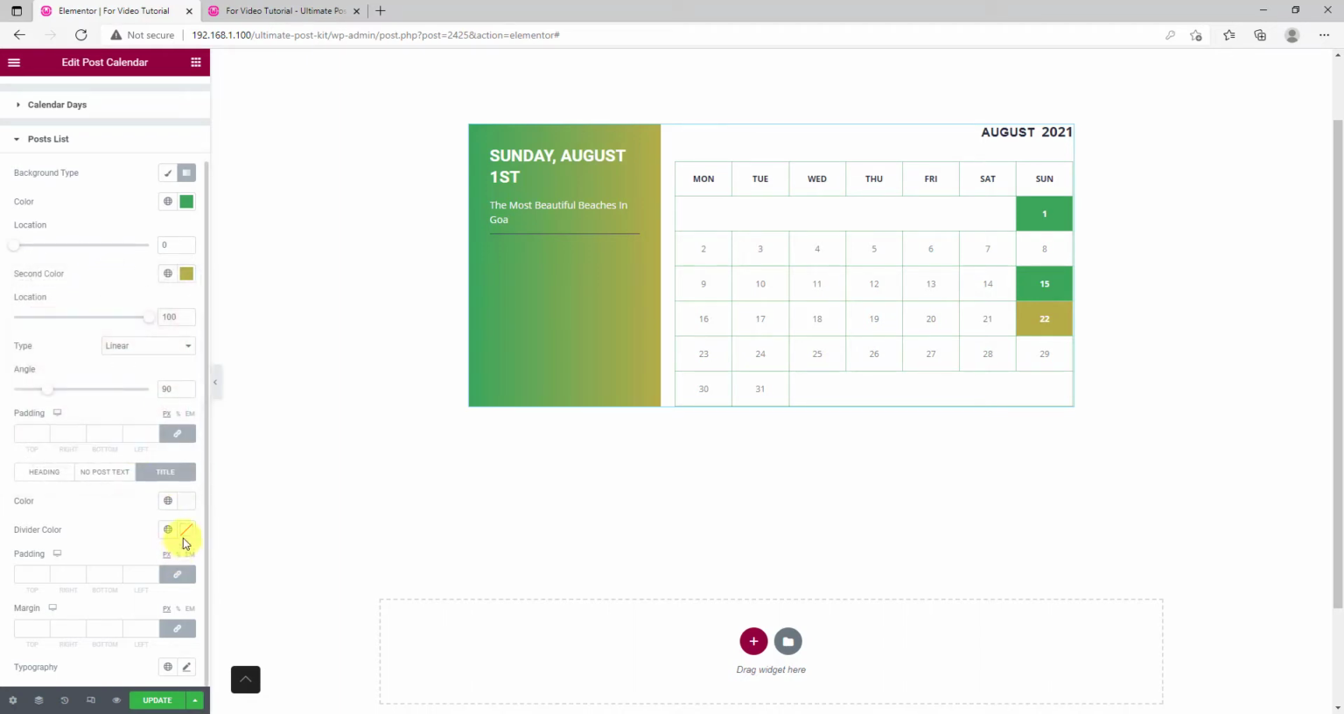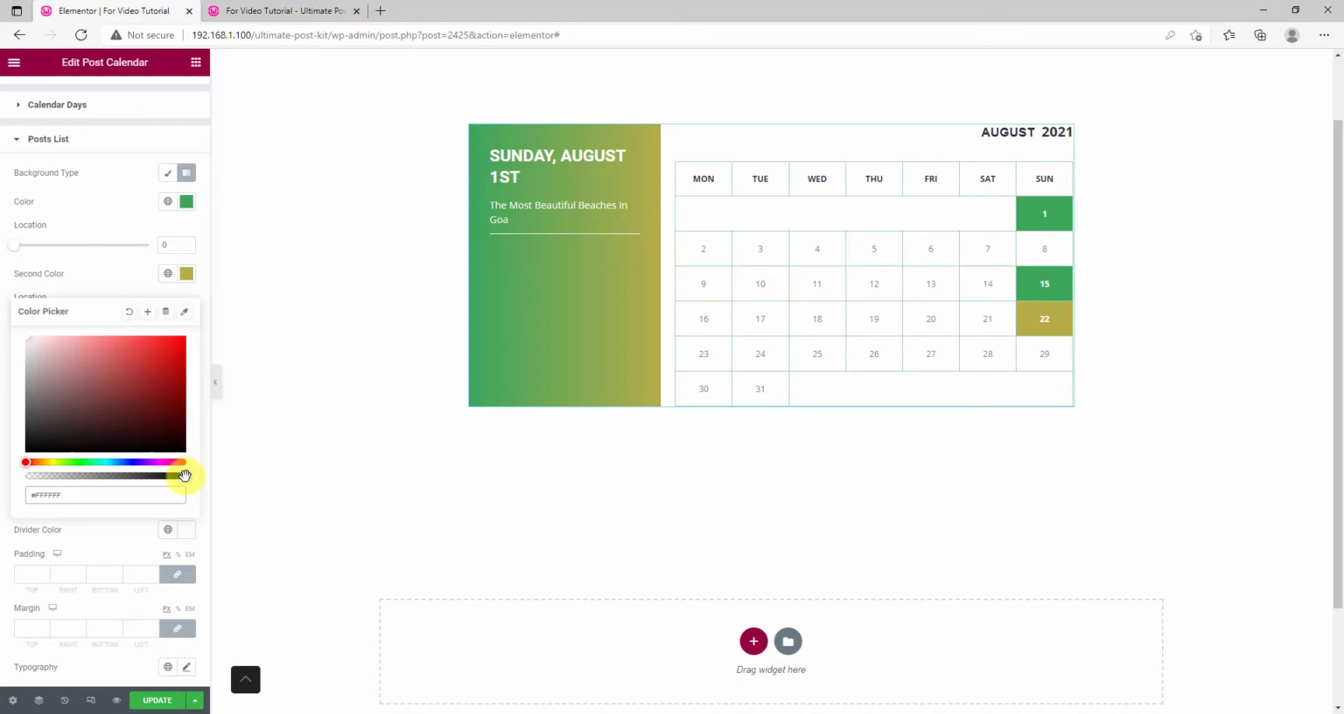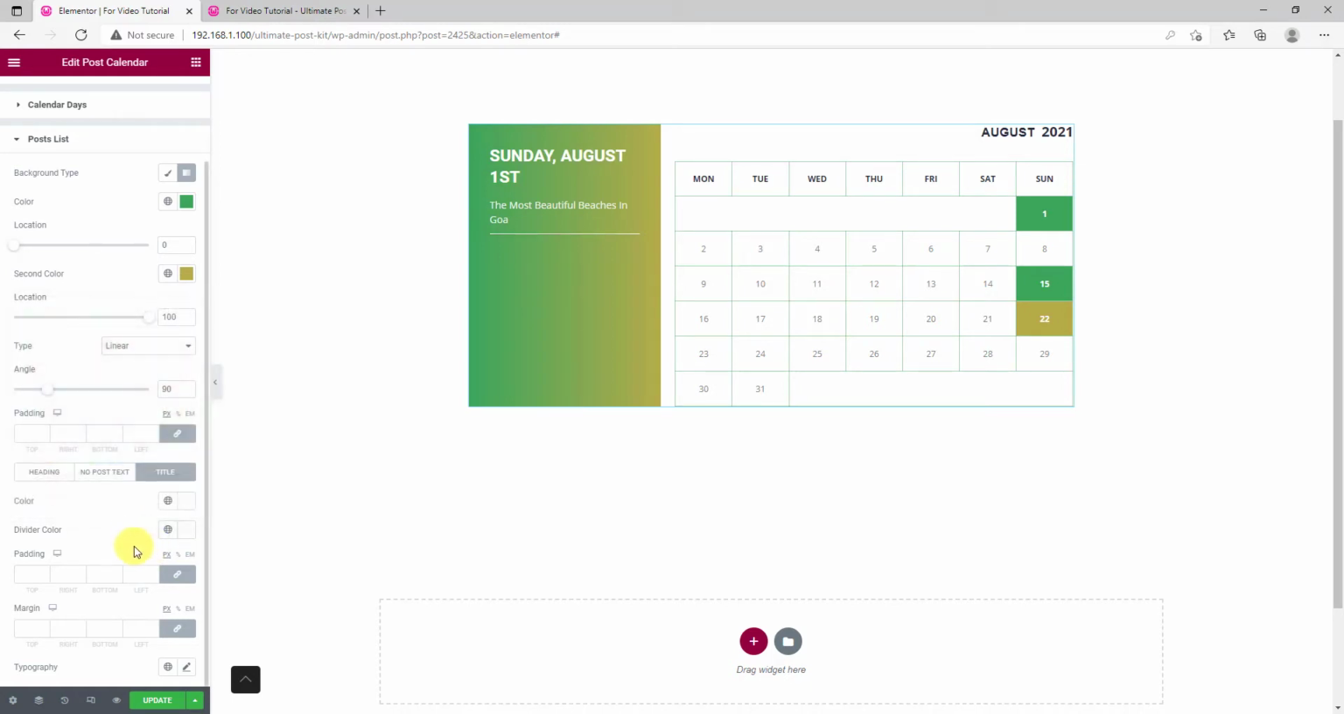There's a divider below the post title which also has color settings. Once done,